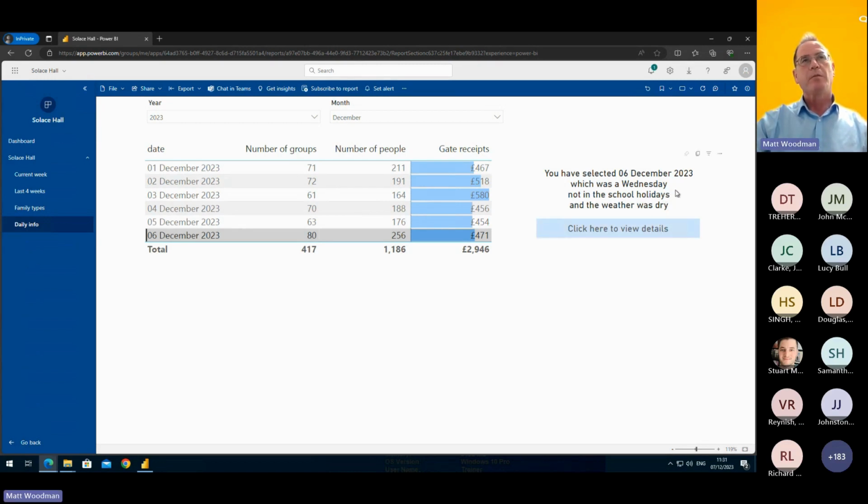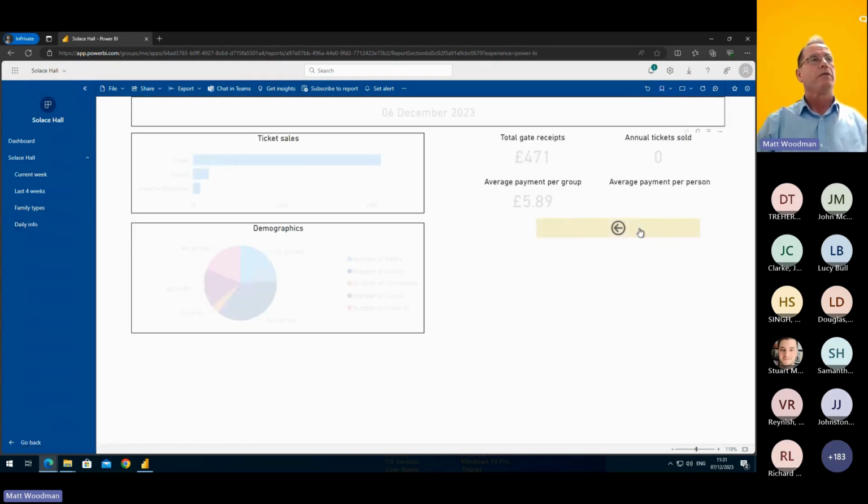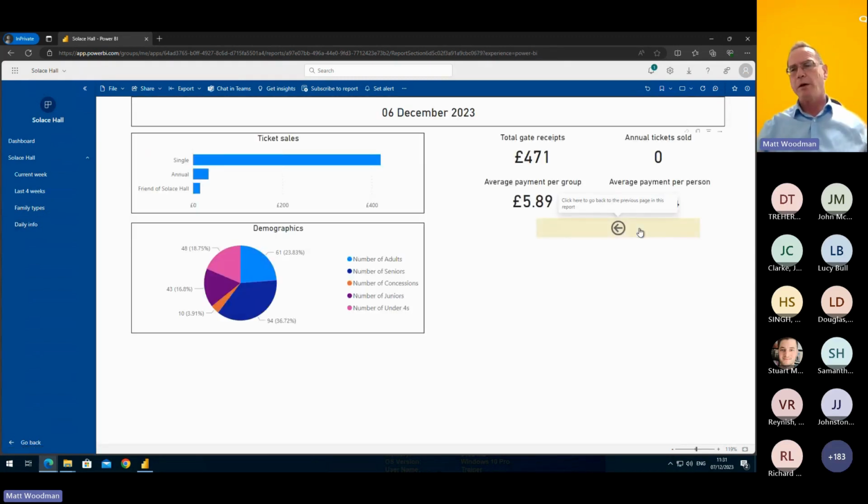I've set it up here so Power BI tells me more about that sort of day. It's the 6th, it was a Wednesday, it's not a school holiday and the weather was dry. The weather for this place is every bit as made up as the stately home. Actually, it was dry yesterday, wasn't it? Anyway, it says click here to view the details. Click here to view the details, and it takes me into a totally new page with extra information, albeit based